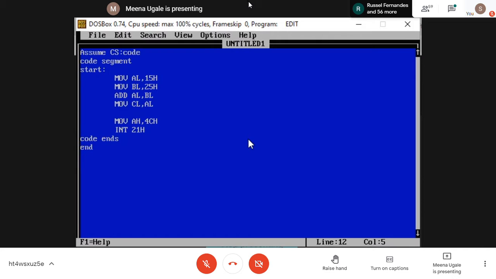Now, since I wrote the start label, I have to write end and start. Whichever label you write in place of start, whether ABC or XYZ, you write that after end. This indicates the end of my program. Getting this? Type the same code at your side and we will see the output of this program. Everybody done?